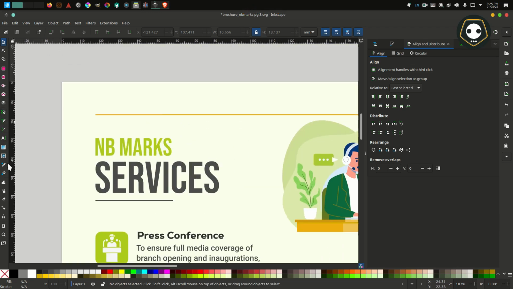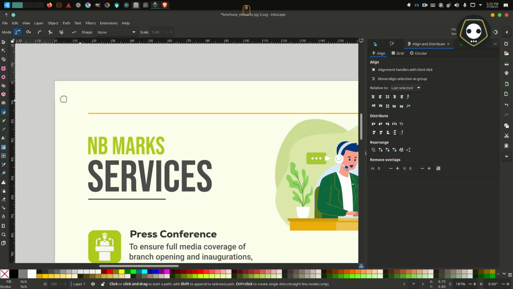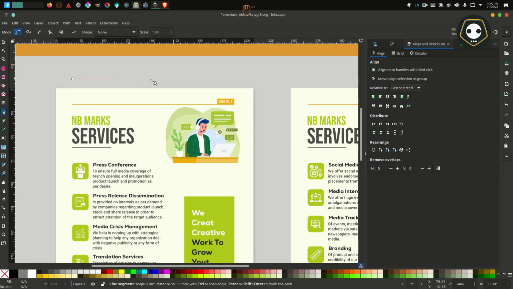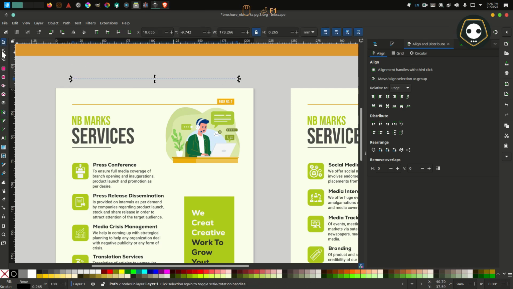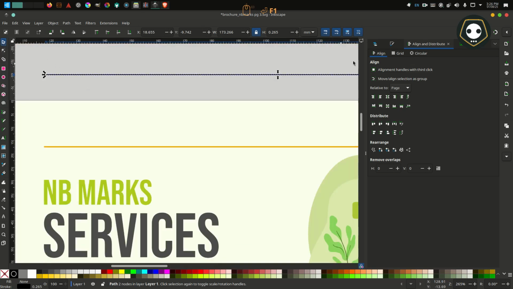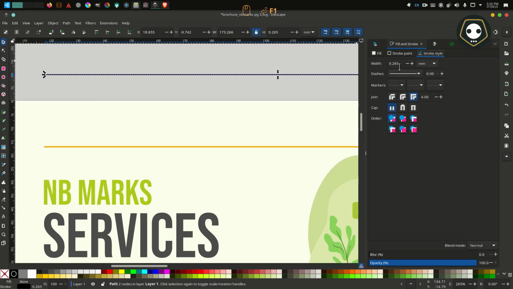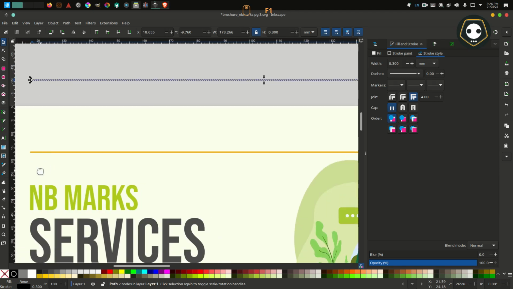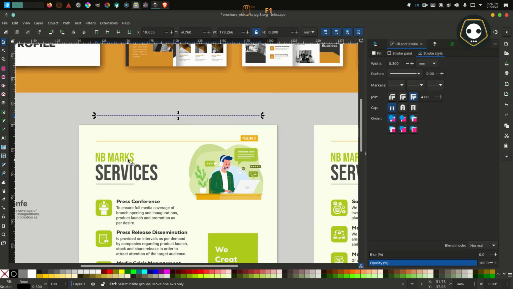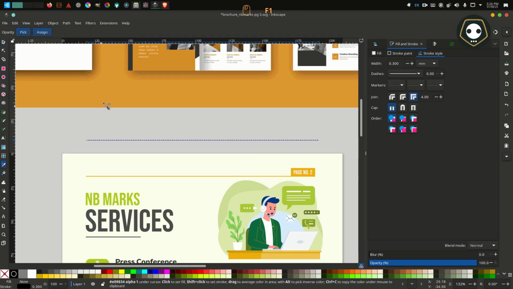This is the underline. To make an underline, take the pen tool, press Ctrl and hit enter, and press F1. Click here, go to this button, stroke pen, change the stroke to 0.3, press this one, and use the color picker and press Shift.